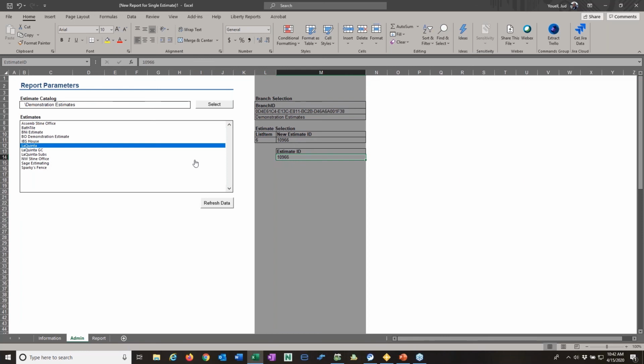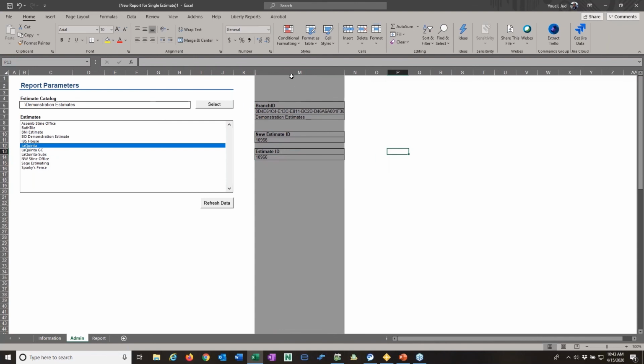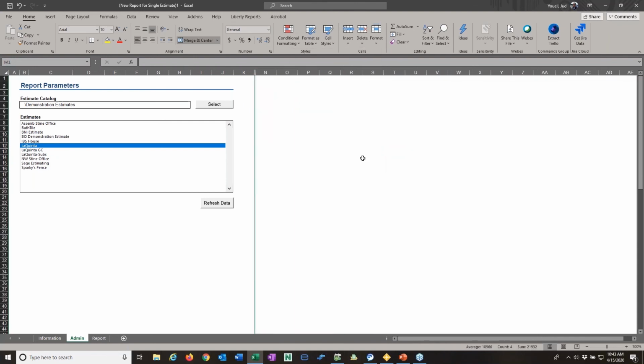We are going to reference it either by the cell reference, which is M14, but better yet, Liberty Reports has assigned a cell name to this cell, and it's called Estimate ID up here in the upper left corner. So we are going to reference a field name called Estimate ID to grab the data for the La Quinta estimate. And I am going to hide those again, so we're back to where we started from. Okay,